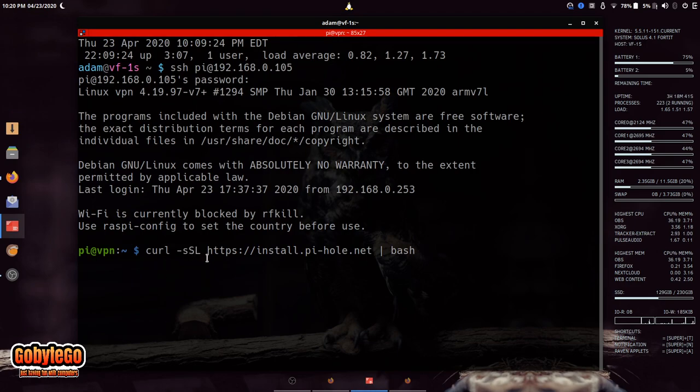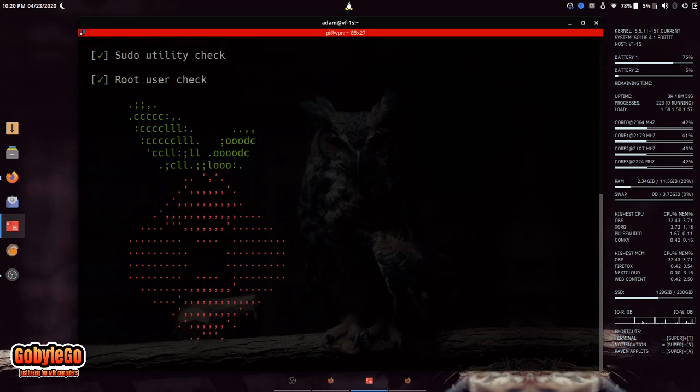So it's curl -sSL, and the website install.pi-hole.net, and you're going to pipe it through bash. And this is pretty much how easy it is. You're going to run this,